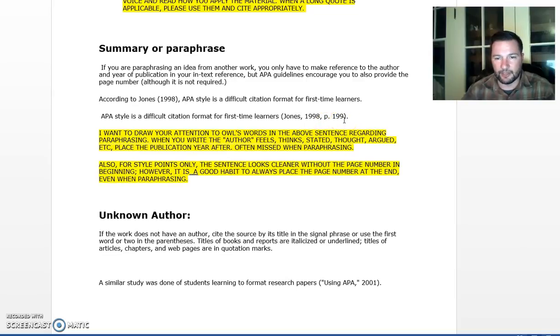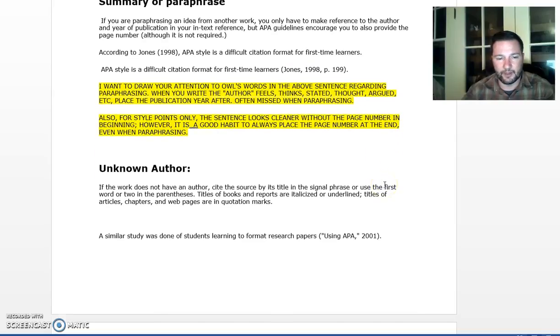As we'll talk a little bit later here about online sources, you would put a paragraph number in here if there was no page number. So if we're talking like a web source, and you're scrolling through, and say it's a web page, and so you'd have to put the paragraph number in there. But so that's the basic formula. Style points. I think it looks a little cleaner without that on there, but that's okay. You do what you need to do. When in doubt, put the